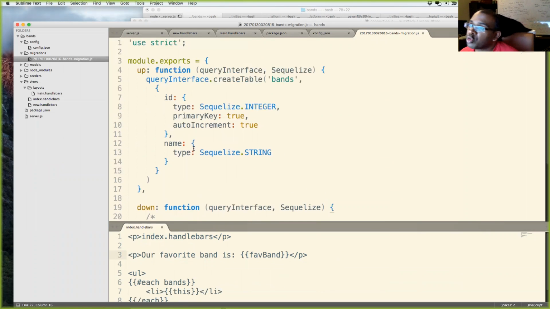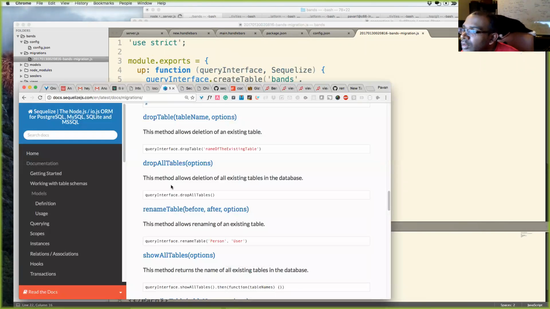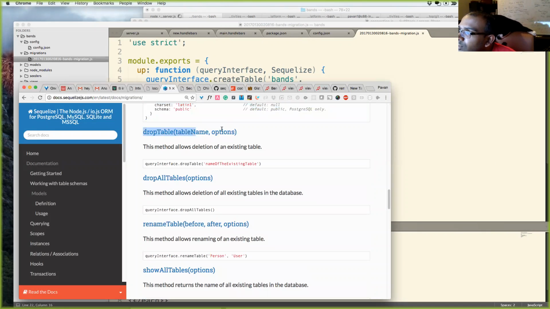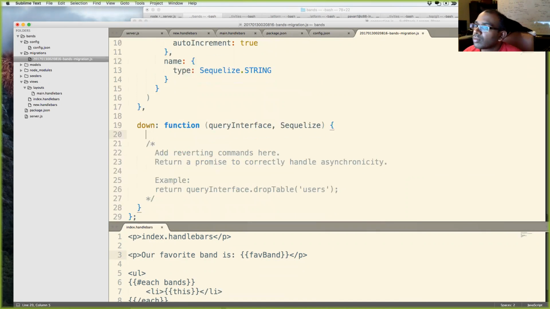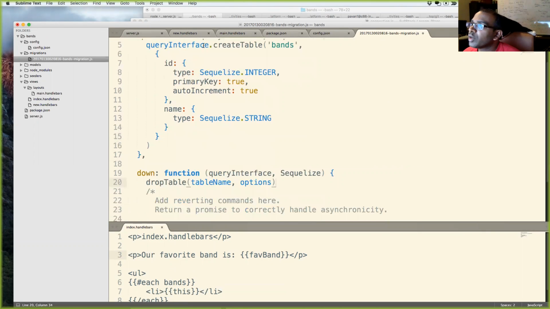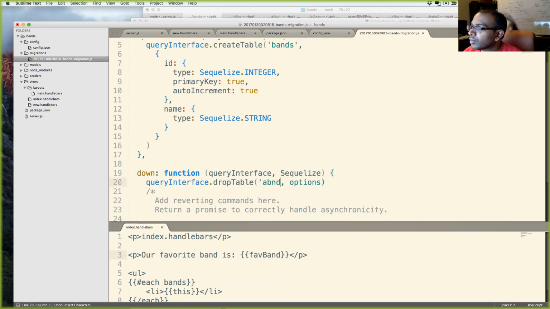I would drop this table. So I would do query interface dot drop table, bands. And I don't have any options right here.